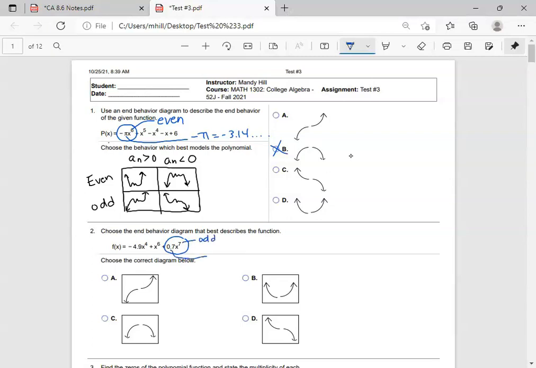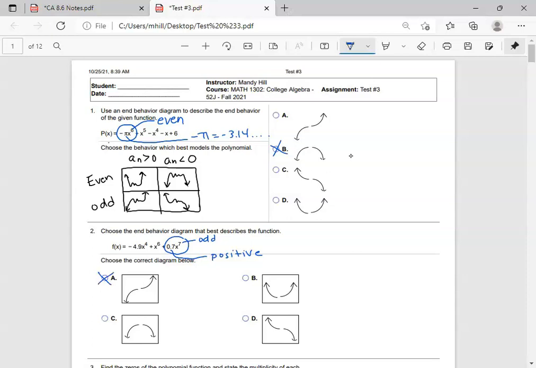The leading coefficient here is positive. It is greater than 0. 0.7 is greater than 0. So we're looking for odd, so down here, and positive, which is greater than 0. So it would need to look like this one. It needs to start pointing down and then be increasing, getting bigger. So, A,